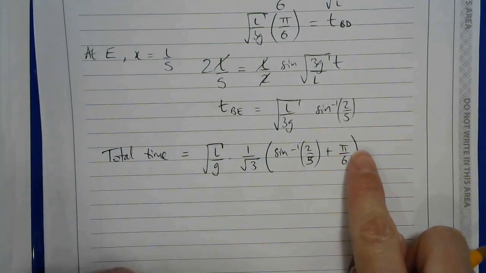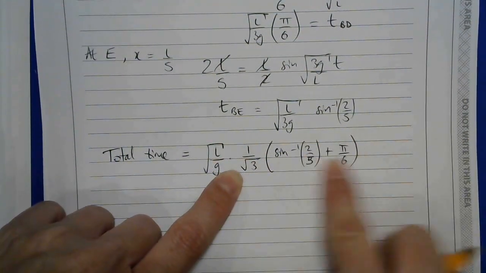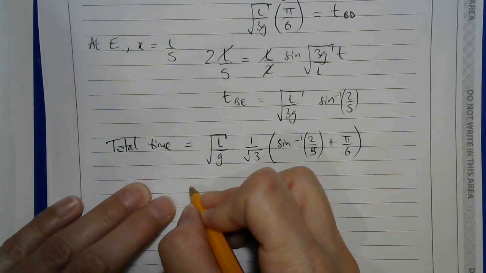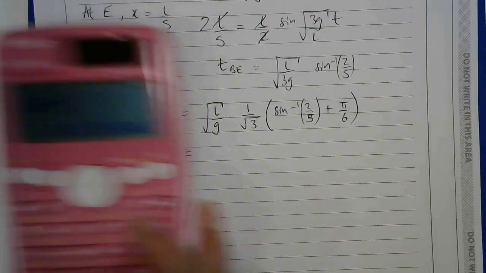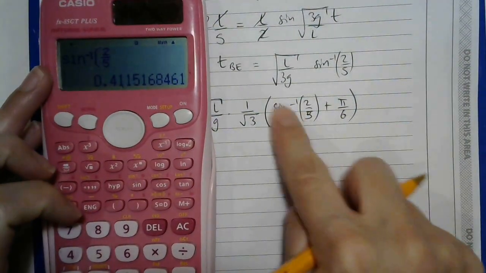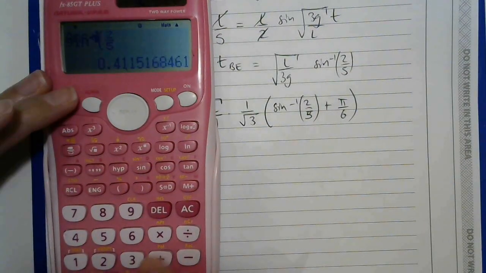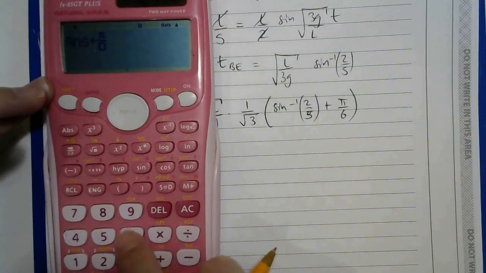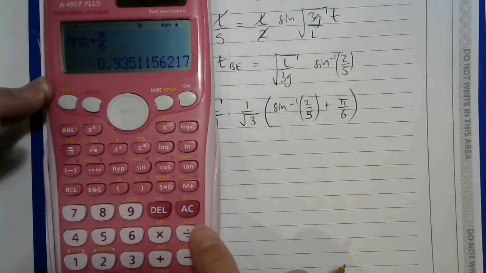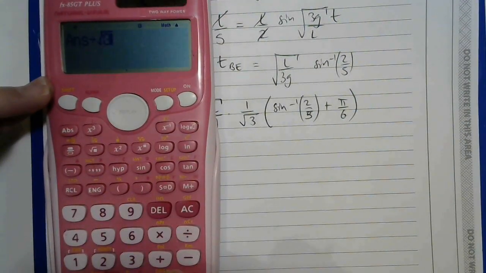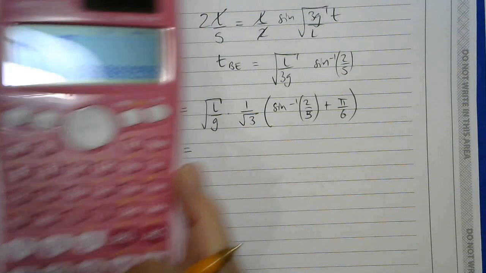So to get the value of k, I need to work out this bit here. So I've already done this bit, and then I add pi over 6 and then divide it by root 3, and so I get